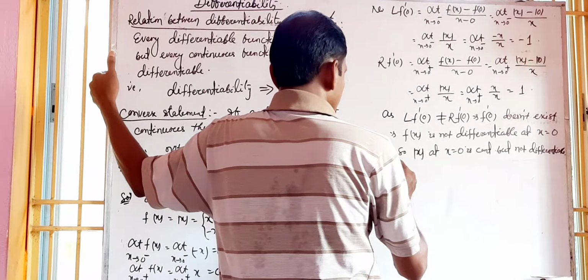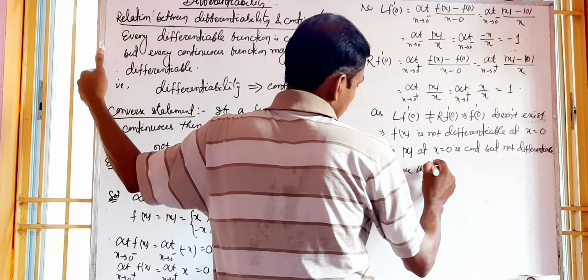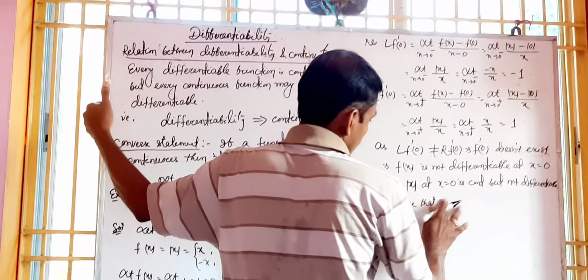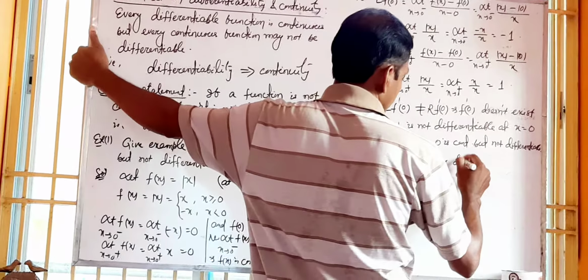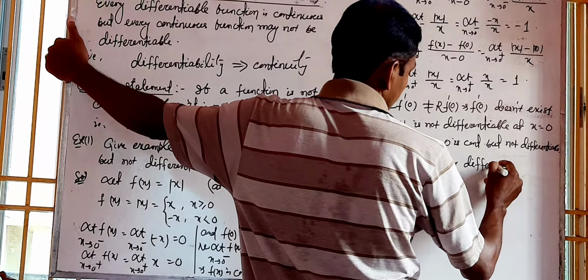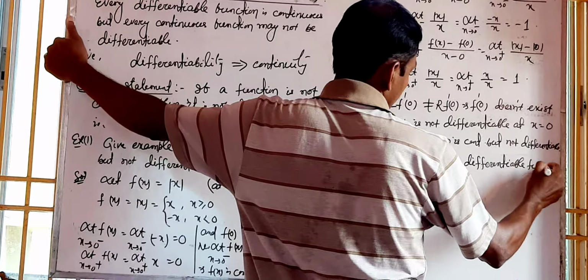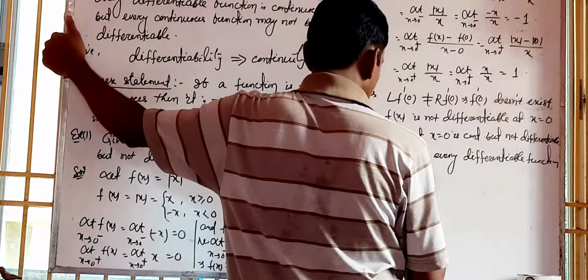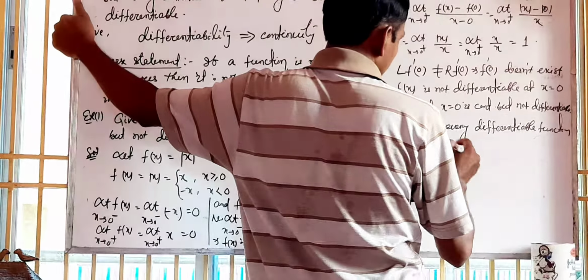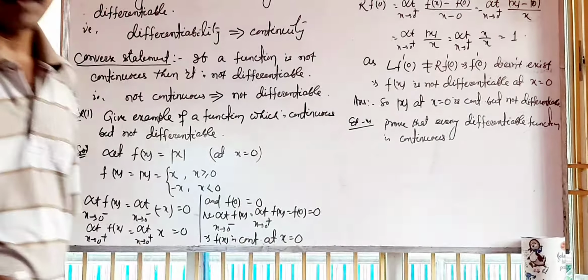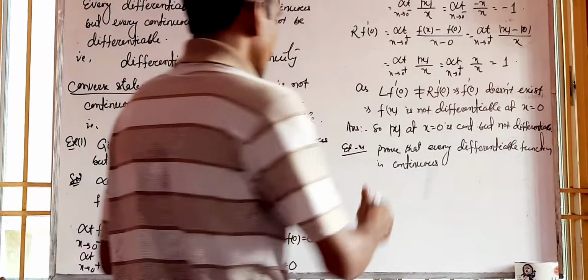Second, prove that every differentiable function is continuous. This is the first part. Every differentiable function is continuous. So here, proof: